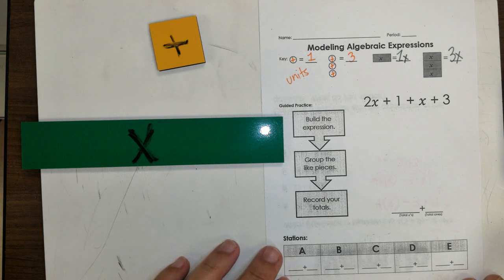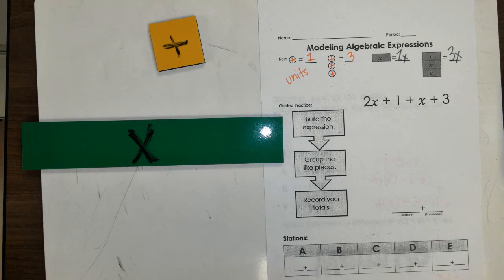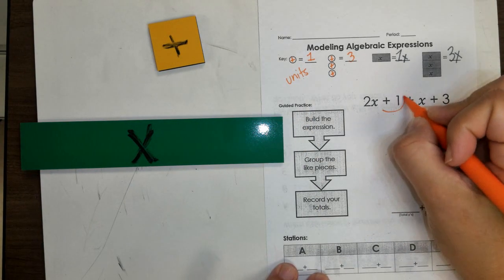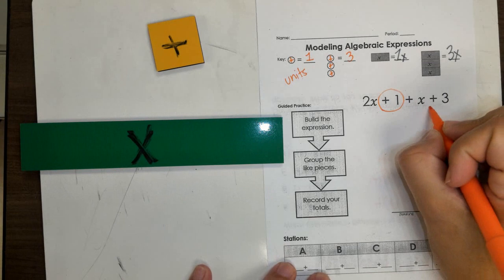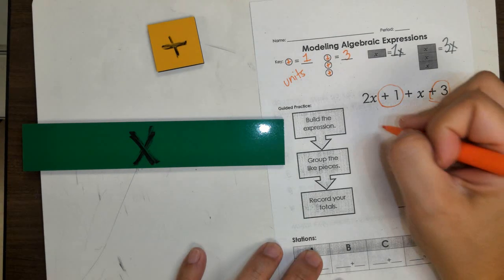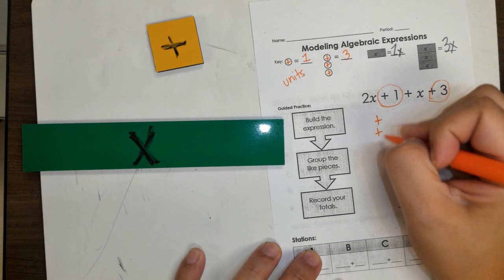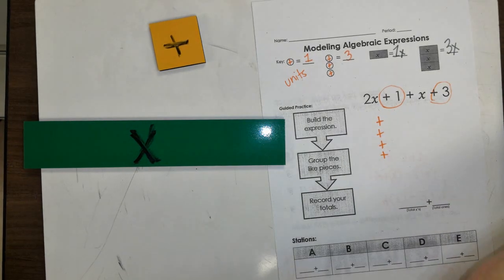All right, so we're going to look at this. We're going to build an expression. Okay. And as we noticed yesterday during our video, there was no equal sign. There wasn't just one answer, one solution, right? So we had to simplify it to see it to its lowest terms and put them on teams. So here, let's go ahead and look at our units. Here I have 1, it's a positive, and then I have 3 more. So if we draw this, I'm going to say 1 positive, and then I'm going to draw 3 more positives. And so what that looks like